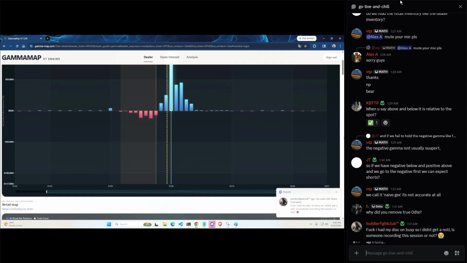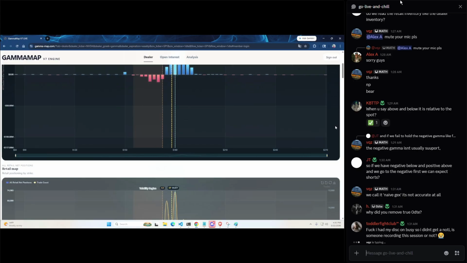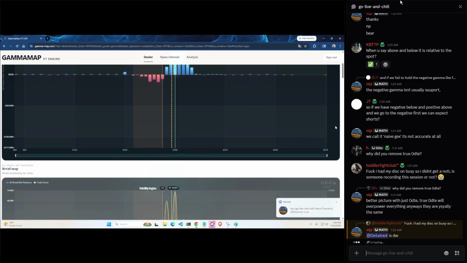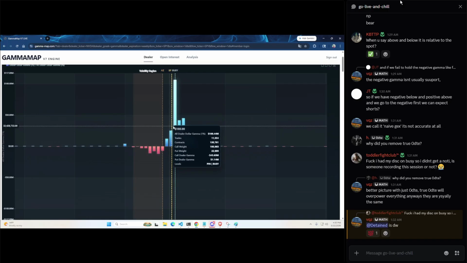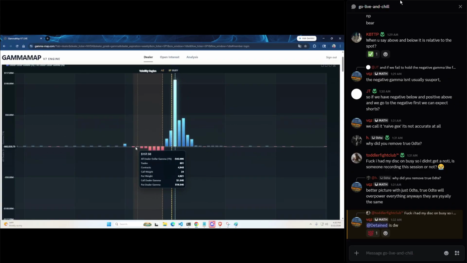And so that's where eventually it's going to be useful to see charm, because charm is the Greek for when dealers have to hedge your delta based on time decay. So charm will be a good, useful chart, especially for later in the week. But yes, basically just know that when you're in positive gamma like this, price is going to be a little bit more stabilizing. It's going to be buy the dip, sell the rip. When you're in negative gamma, you're going to be more volatile, okay?